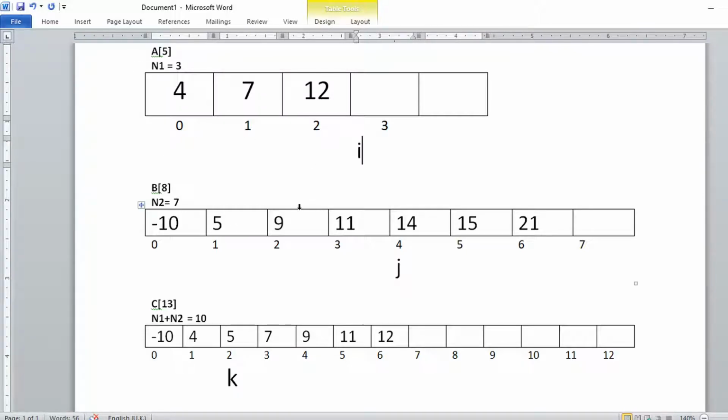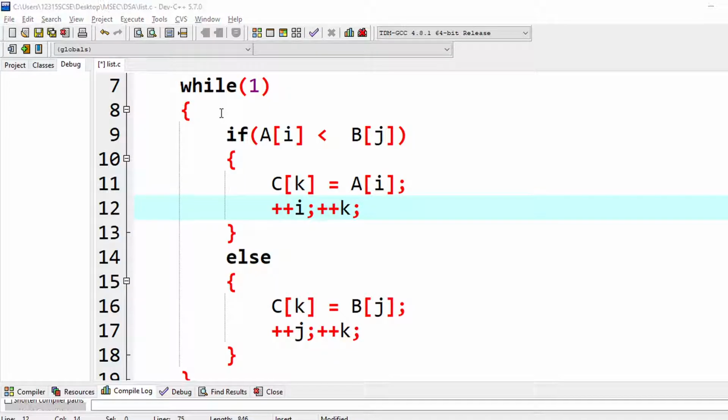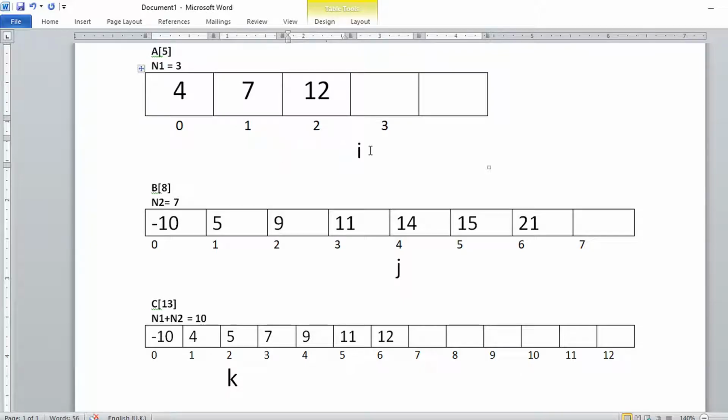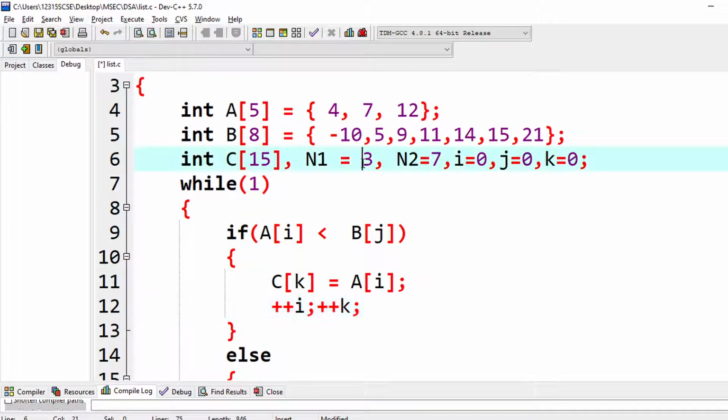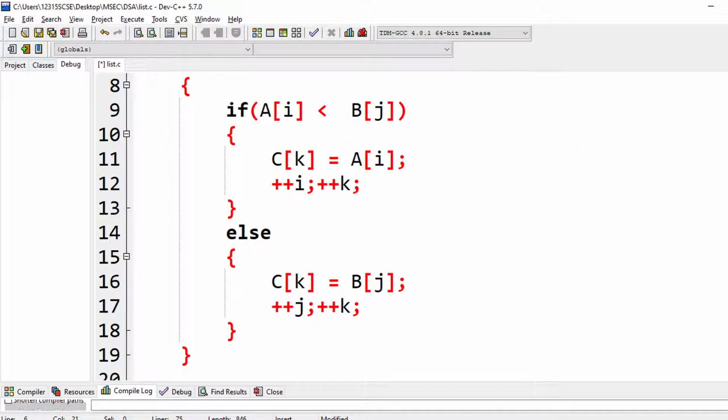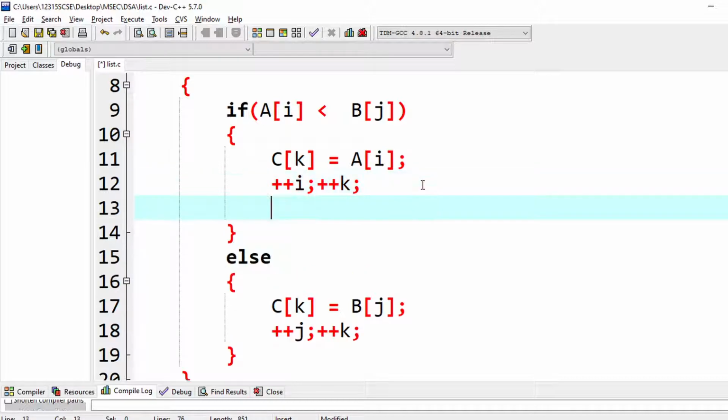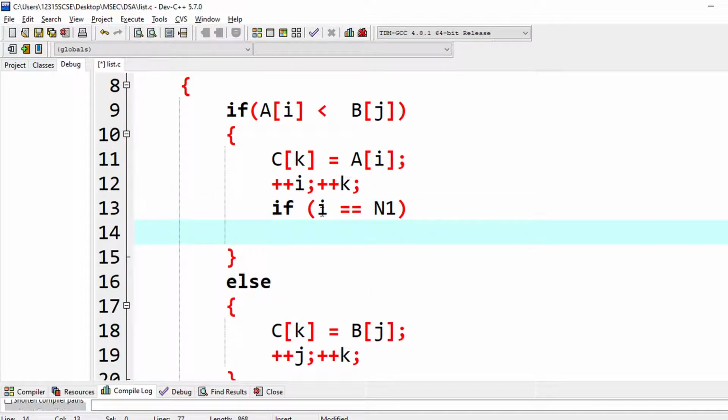So with the incrementation, whenever it is crossing, we have to check. Now i is crossing its boundary. So if i is equal to 3, that is equal to n1, that n1 all we have designed. It has 3 elements. So we have to just put a code. This is for i incrementation. So i incrementation is happening in this body. If i is equal to n1, that means it has